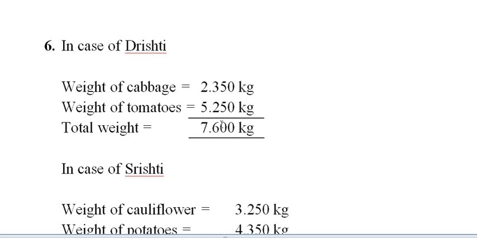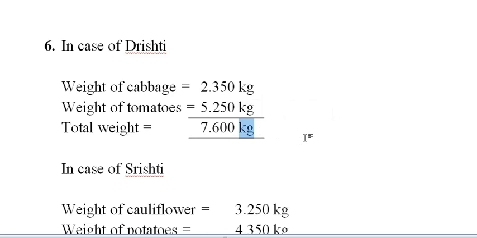But I'm just telling you in short that whatever these kgs are given, 2 kg, 5 kg, 3 kg, 4 kg, and in the next question, question number 7, 11 kg, 8 kg, all these kgs should be towards the left hand side of the decimal point, and all the grams should be kept on the right hand side of the decimal point. Ultimately you will write only one unit, that is kg. Gram will not be used if you do this kind of conversion.